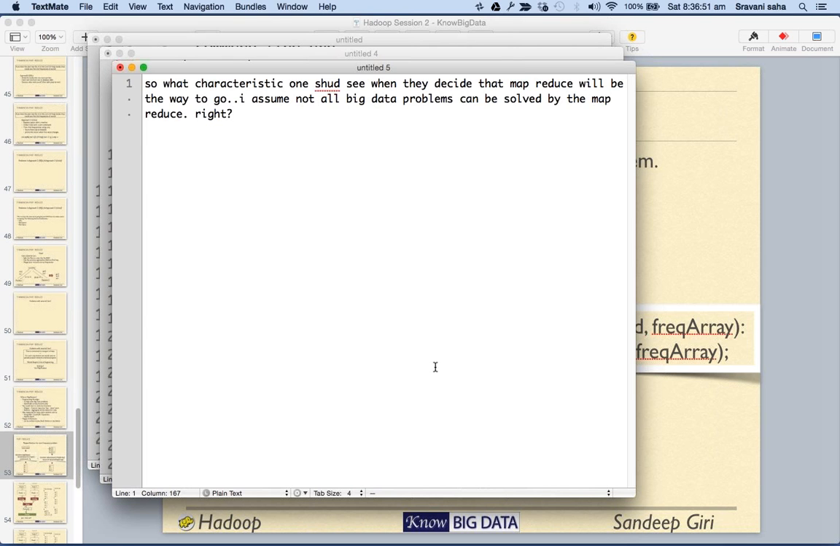Also, the other way to look at what should go with MapReduce will be to figure out what should not go with MapReduce. Okay, we'll discuss that part. What should not go with MapReduce. Okay, we'll talk about it at a later point of time. Okay, now,